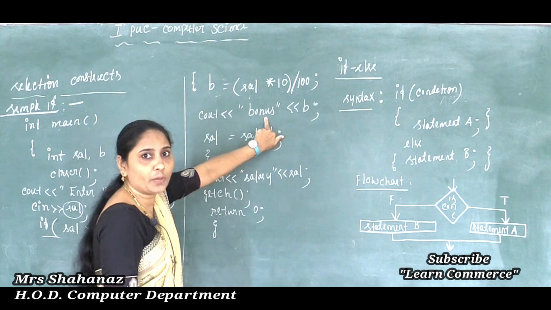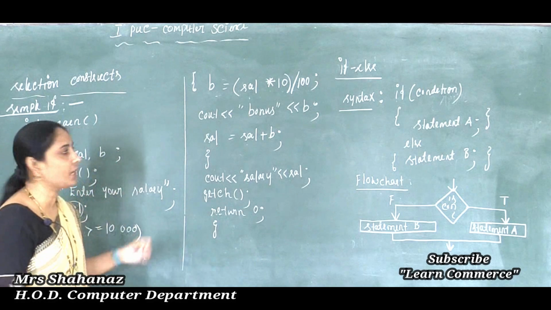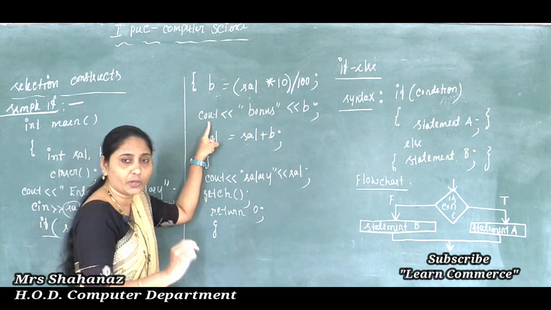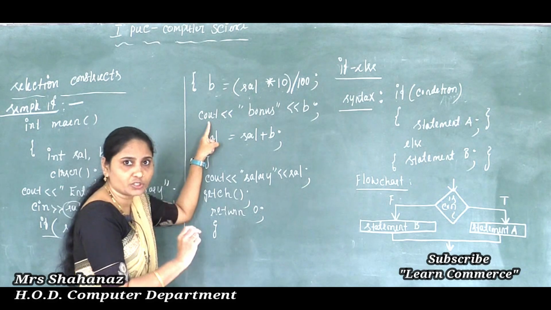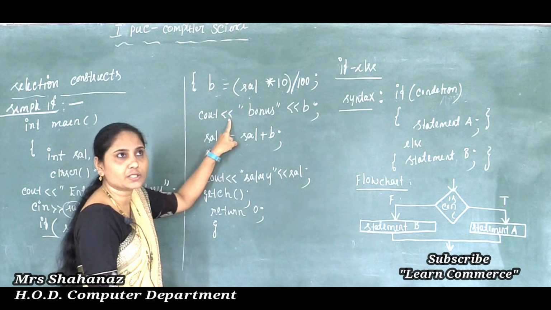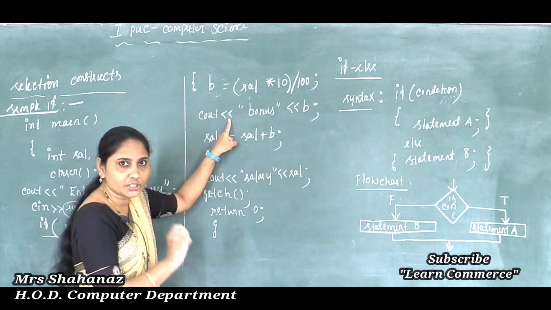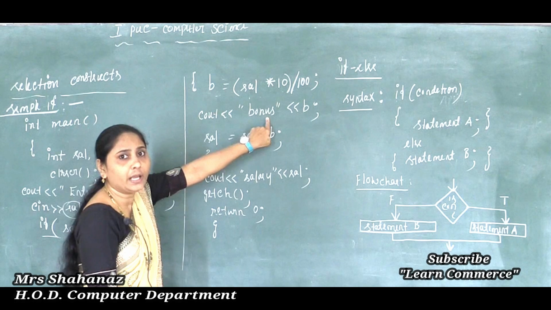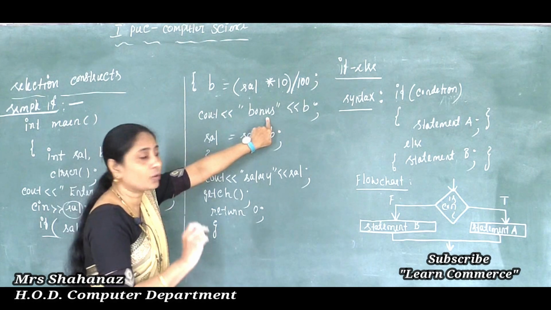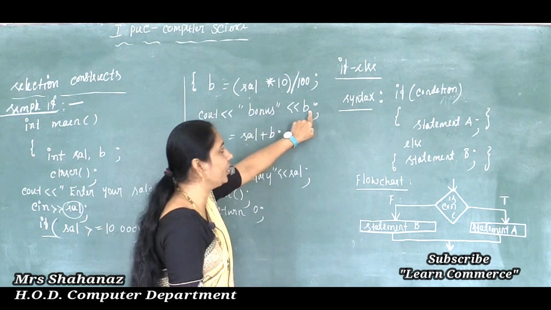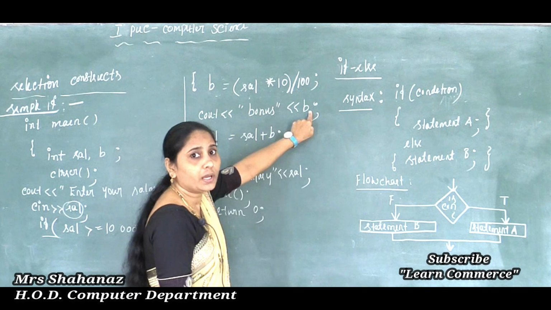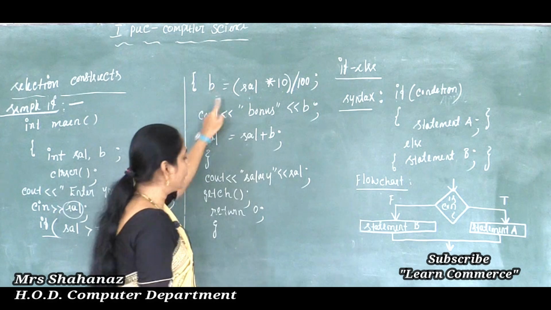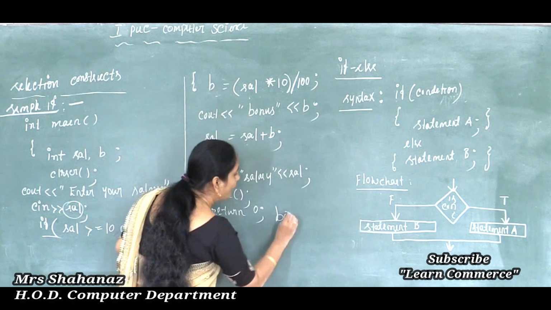Clear this one? If you want to display any information, we need to use cout. Clear this point? We need to use this cout here, and we know that such an operator is called the stream insertion operator. I want to display such a message; any type of message we can write, by using double quotation. And later it is going to display the value. Clear? So what's the value of the bonus after the calculation? It is going to display the message as the bonus.